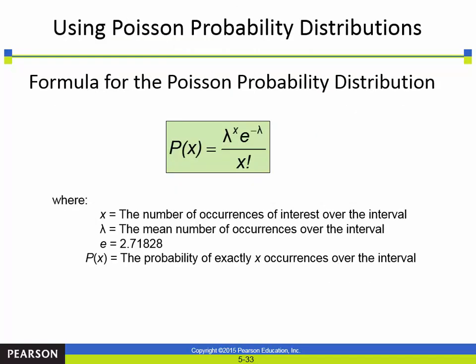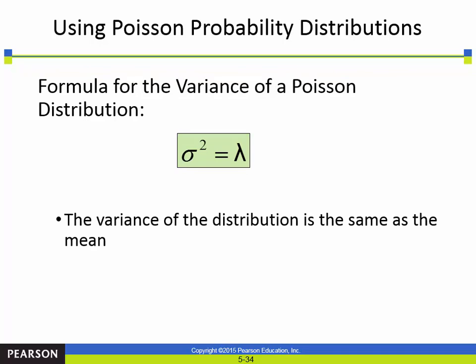Here's the formula. Of course, they use Greek letters to make it even more confusing. But in essence, the probability of x equals the mean to the power of the number of occurrences times e, which is a constant, to the negative number of occurrences over x factorial. Piece of cake. Again, if you had to, could you? Sure. You could take all the numbers, put them in there, plug and chug, you'd be good.